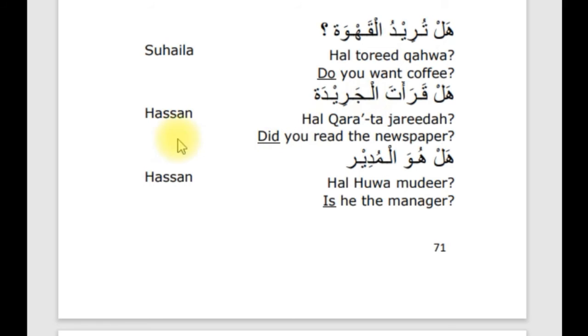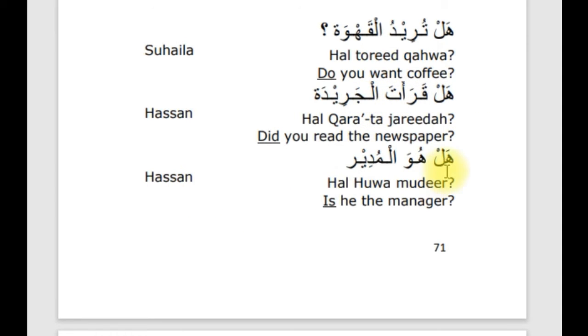حسن: هل قرأت جريدة؟ هل means did, because the word قرأت is a verb, a past tense verb, so it means did. قرأت, you read. جريدة, the newspaper. هل قرأت جريدة؟